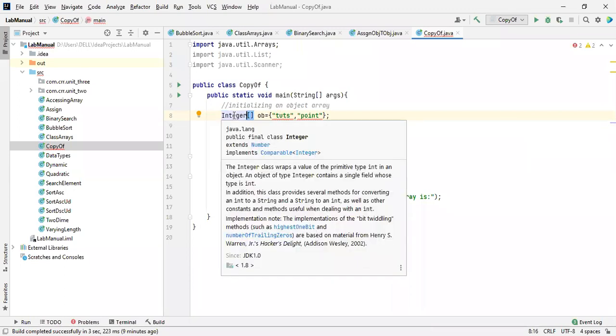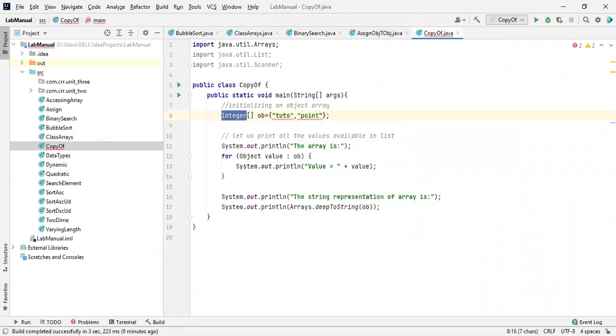If it is an int, we call it a primitive; in the sense of Integer, we call it a non-primitive data type. Here we are going to take an object which is similar to non-primitive objects like Integer and Float. So many non-primitive objects are available, and in the similar way we are having one more object.